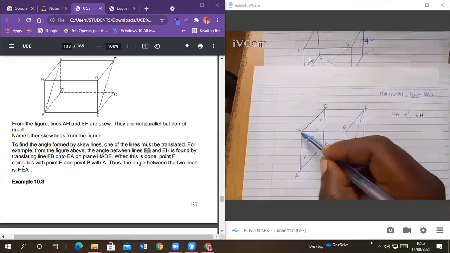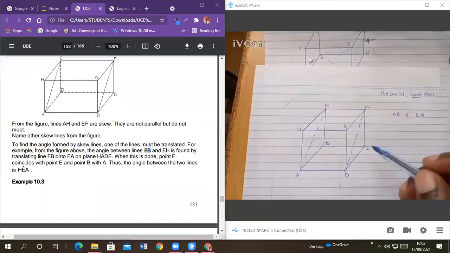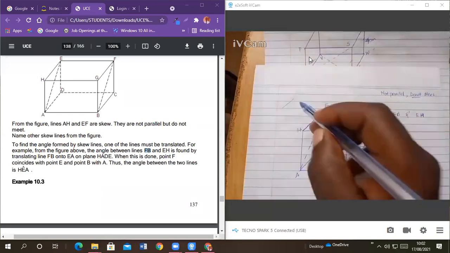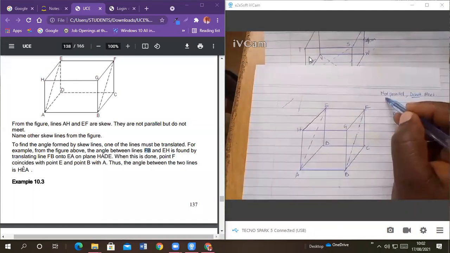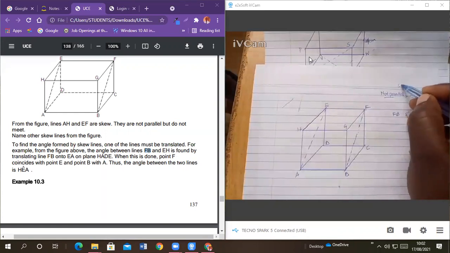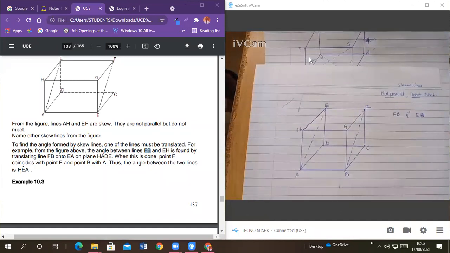You can see this is EH, it's in that direction, and then BF is in that direction. So they are not parallel. So it means that these are skew lines. Skew lines. So to find the angle between them, they have said that